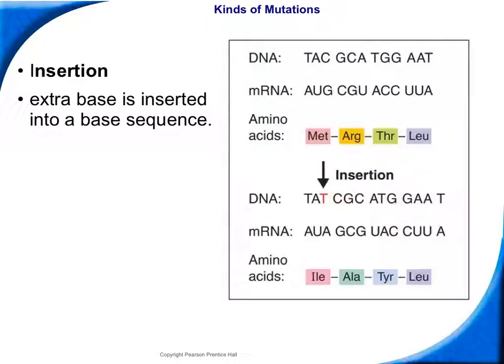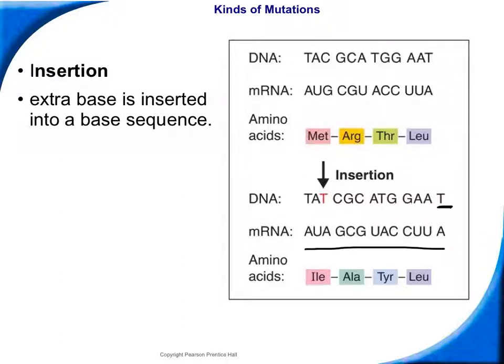So let's look at an insertion mutation. And this happens not when we substitute, but when we actually stick an extra base into the sequence. So when you look at the top, our DNA strand was TAC, and with insertion, we inserted a T, and it shifted everything down. So you can see now that every single codon in that DNA strand is different, and we have this lone T hanging out here at the end. And if you examine the messenger RNA strands, you can see that they are completely different. And as a result,